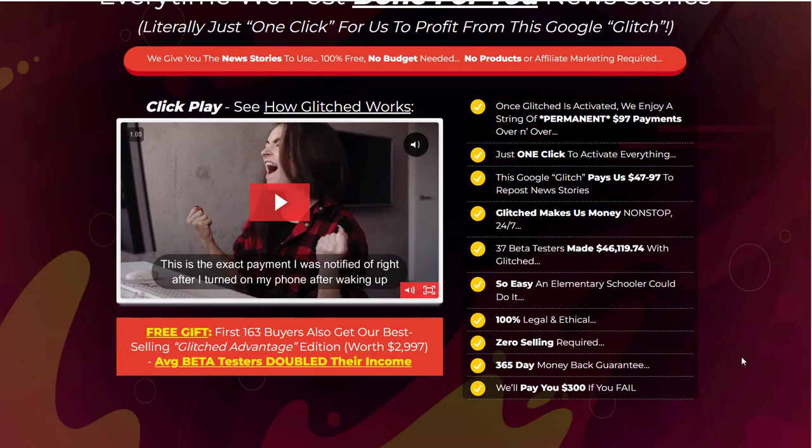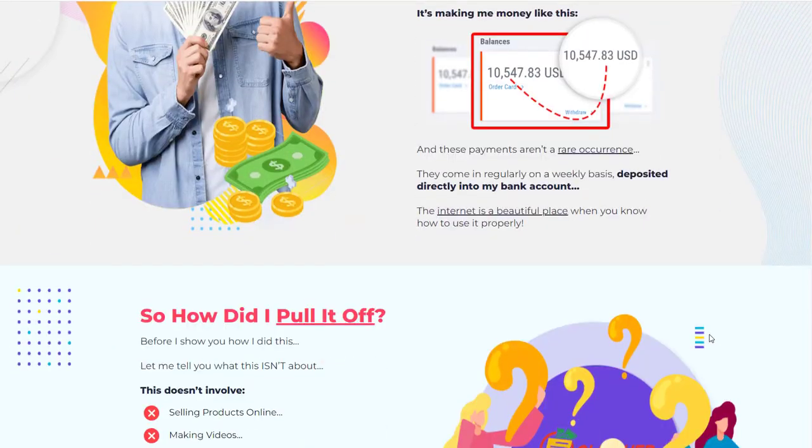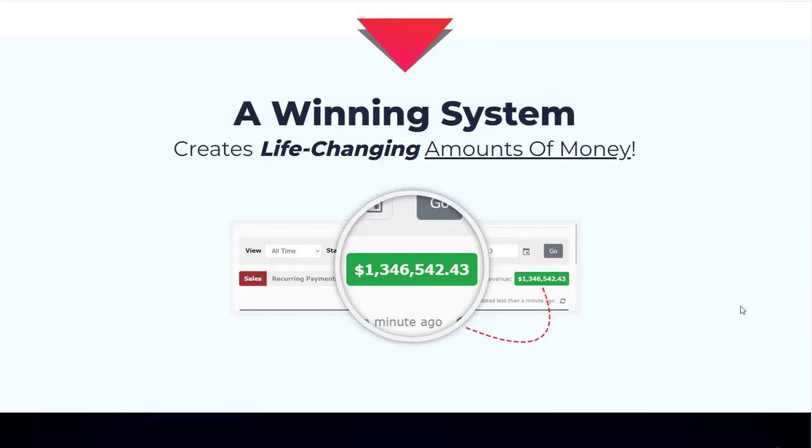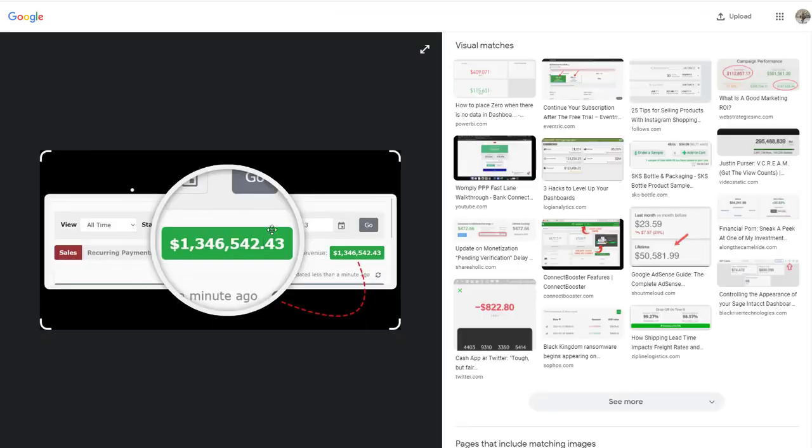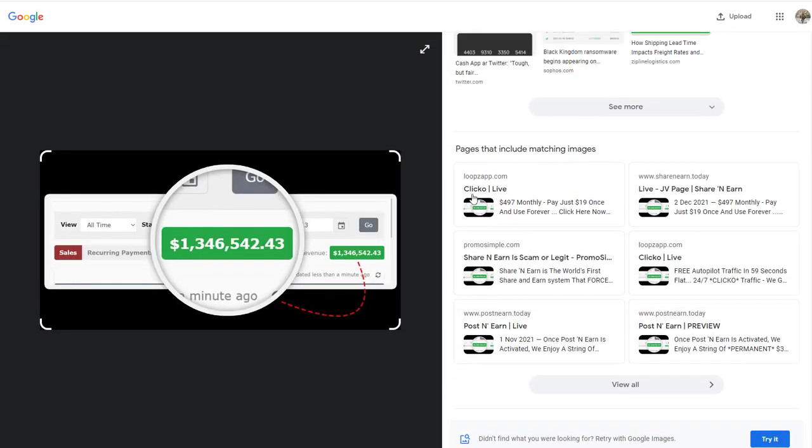So guys, let's go back to the sales page. Just one more thing to point out here. You need to understand that these graphics are just graphics. They are no reflection of anything to do with the product that you're looking at. If you watch my videos, I've done this before plenty of times. Right click on it, search on the image with Google Lens, and what you find is this graphic is turning up on ClickOut Live, Share and Earn Live, Post and Earn, Clicko. Half of these products aren't even theirs, and they're all using the same graphic,